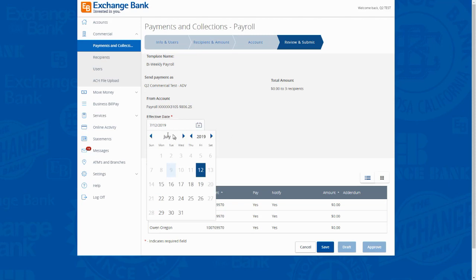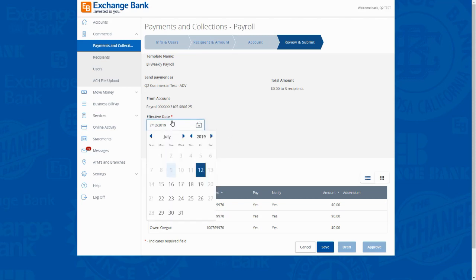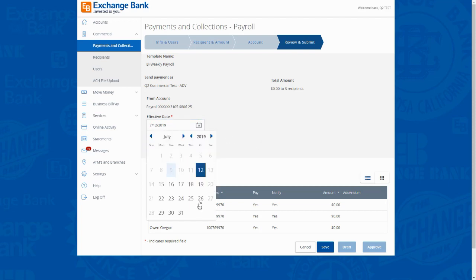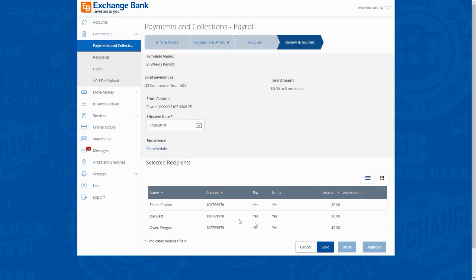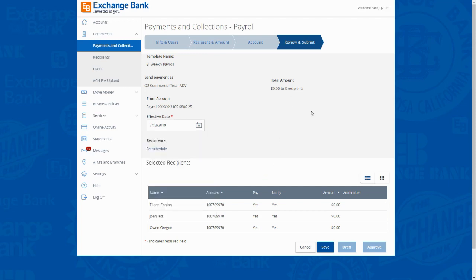And actually, I would back off. Let's go ahead and make that effective the first available day, but let's set a schedule. How often should this transaction repeat? We are going to do this on the first. No, we're not going to do that. Let's get out of there. I get myself down too much into the weeds with this template. Okay, so this template is effective ASAP, and